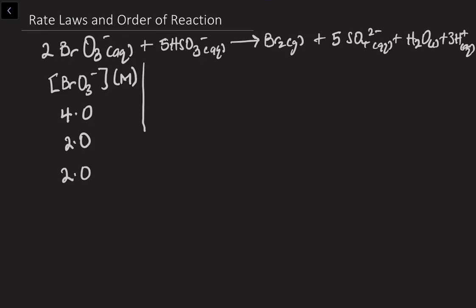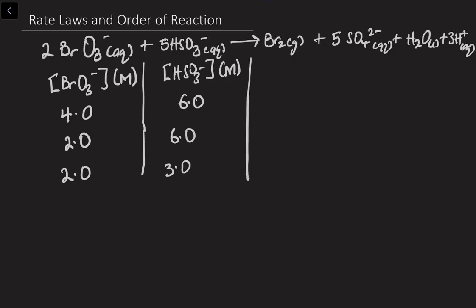Two for HSO3 minus, also molar concentration. You have 6, 3, and then the rate, which is the molar concentration per second, is 1.6, 0.8, and 0.2. Okay, so what this means is